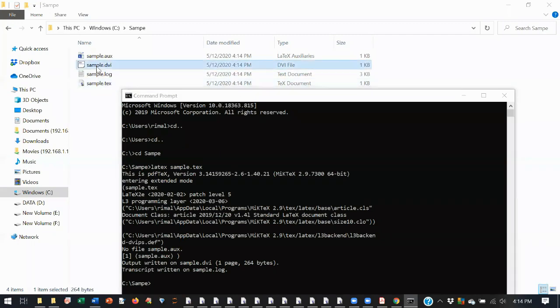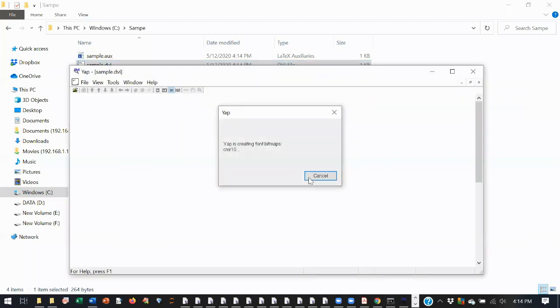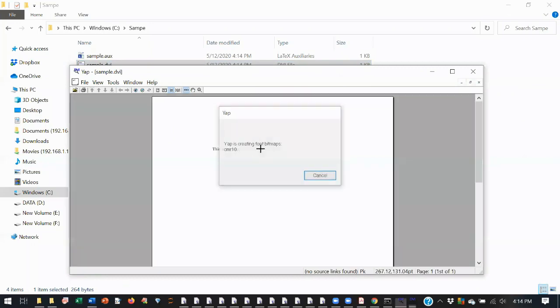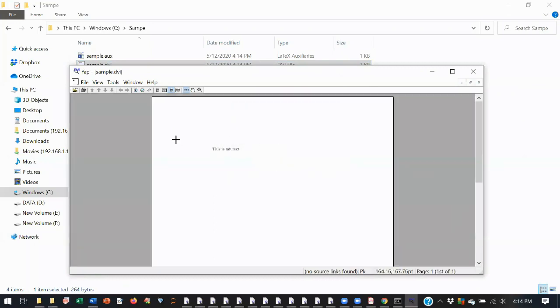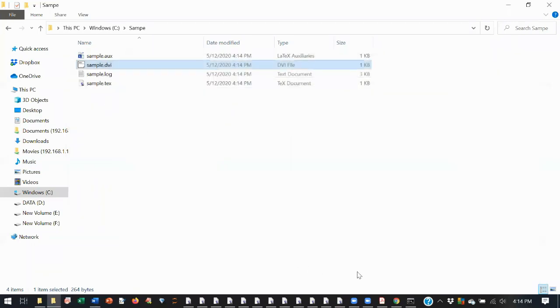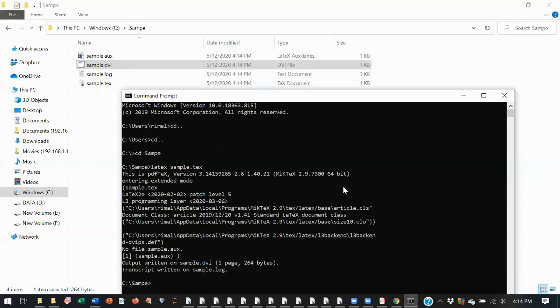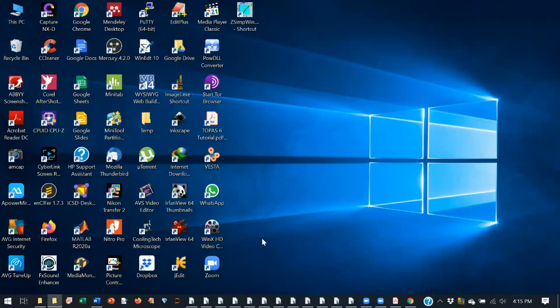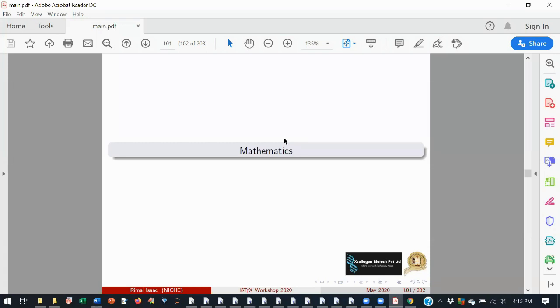It will create a DVI output. This is the way you can create documents using the command prompt. But MiKTeX must be installed. Only if MiKTeX is installed, your command prompt will understand the command latex. So make sure MiKTeX is installed; that answers the Notepad compiling question.